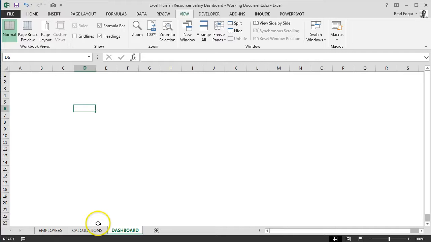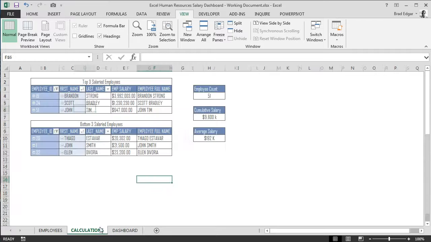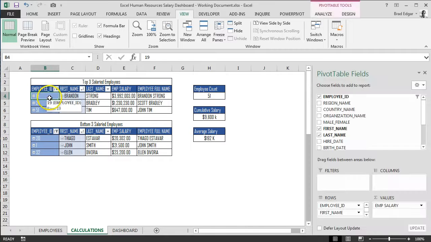Next thing we're going to do is head back over to the Calculations tab, and we can do that just by hitting Control Page Up. That'll bring us back to the calculation spreadsheet. Now that we've done that, I'm going to select any cell within my first pivot table, and we're going to head over to the